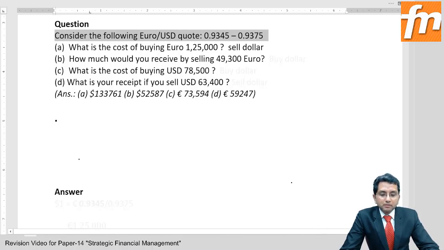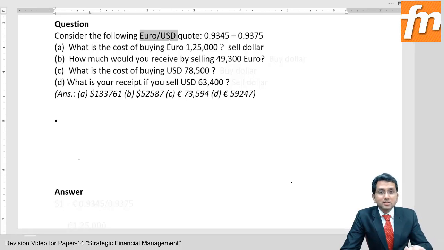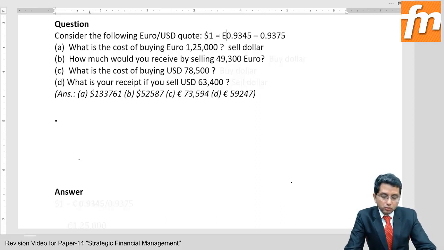Practically anything can happen, but most of the time, if a rate is written like this, euro oblique US dollar, euro divided by US dollar, it means this is the rate for 1 US dollar. The currency in the denominator has 1 unit. In general, though the opposite practice is also there, unless otherwise stated, I can say this is the rate for $1. So I'll say $1 is equal to euro